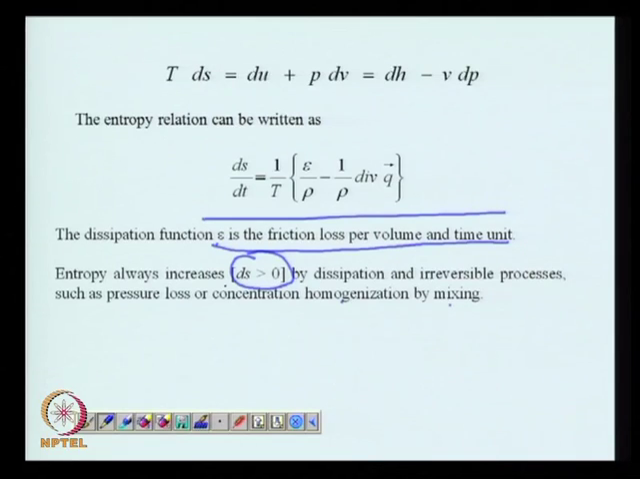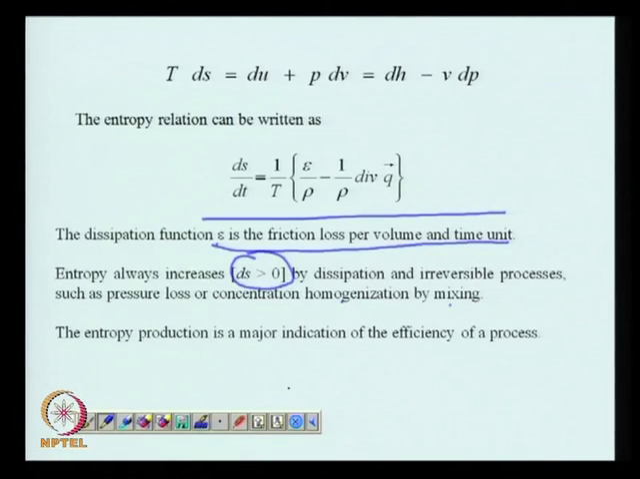mixing. So, if the value of this dissipation is large, if the value of the entropy generation is large, that simply denotes that the system is not very efficient. So, the entropy production is a major indication of the efficiency of a process. So, the design should be such that the entropy generation can be kept to a minimum, and for an example,